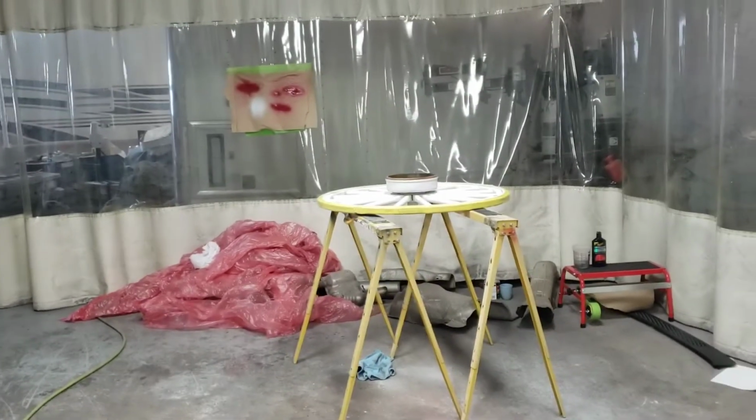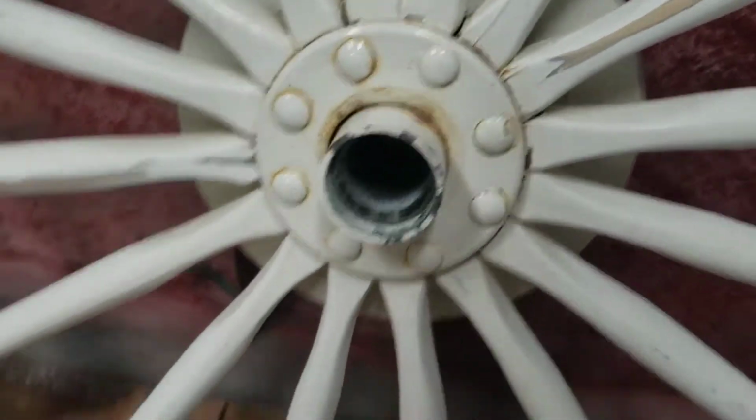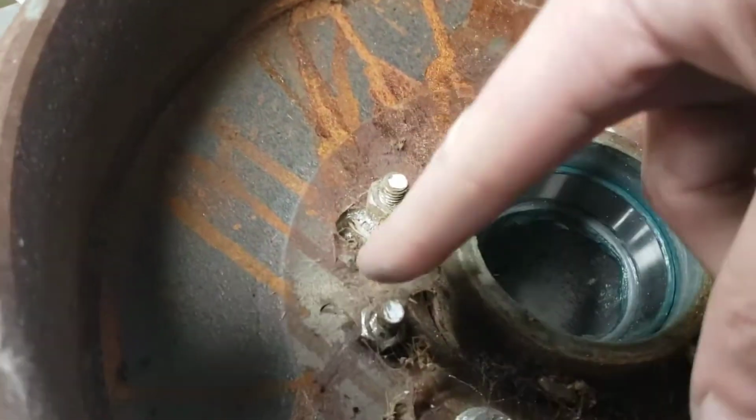So I went ahead already and started taking off the wheels on him. And none of this is original. This was definitely all like redone. You'll be able to see that it's even got like drum brakes on it. And they had to put new holes. So